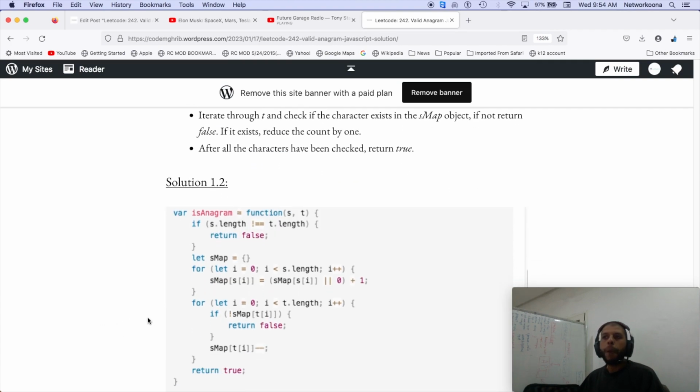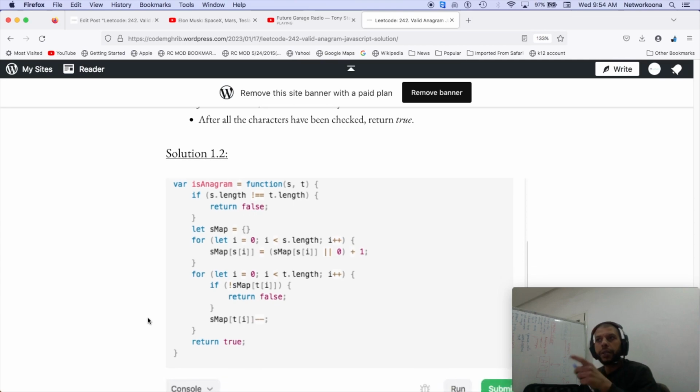So solution 1.2 looks like this. We're checking the length of S and T. If they're not equal, we return false. And then we're creating an smap, and iterating through S, checking if the smap object has the character, then